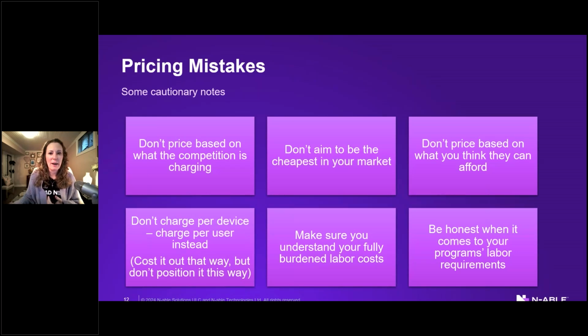Or, yes, I am more expensive than maybe who you're using today, or other MSPs in the area. Also, a big one that I talk about a lot: don't price your programs based on what you think your customers can afford. Your customers are never going to want to pay you, or will try to get out of paying you, what you are worth. A lot of MSPs are scared and hesitant to have that risk and security conversation with their customers, because they know that by implementing a layered approach to security like we talked about last week, it is going to cost their customers more than what they're